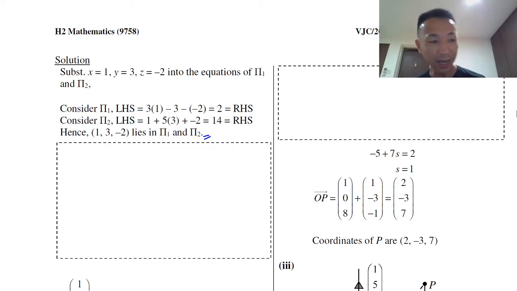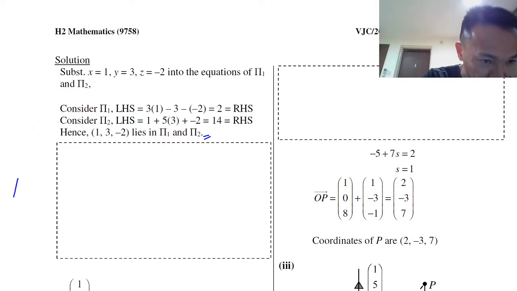Now let us tackle the next part of the problem. The next part of the problem asks us to explain why the line of intersection L1 is actually parallel to (1, minus 1, 4). So look,